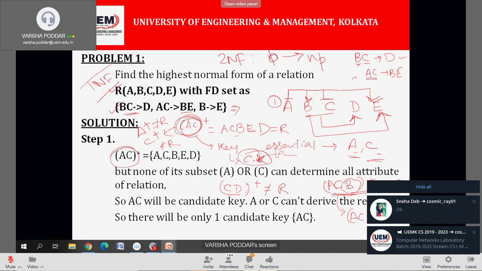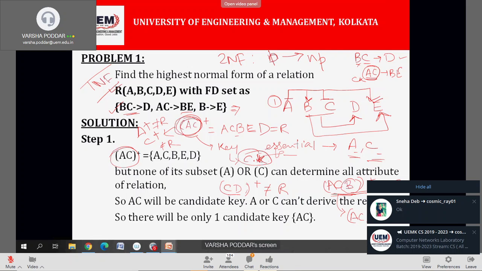AC is totally a candidate key, but individually A and C are prime attributes, and in total that is a candidate key. So I cannot consider AC as a prime attribute. One prime attribute individually trying to determine a non-prime attribute, there only I will say 2NF does not hold.